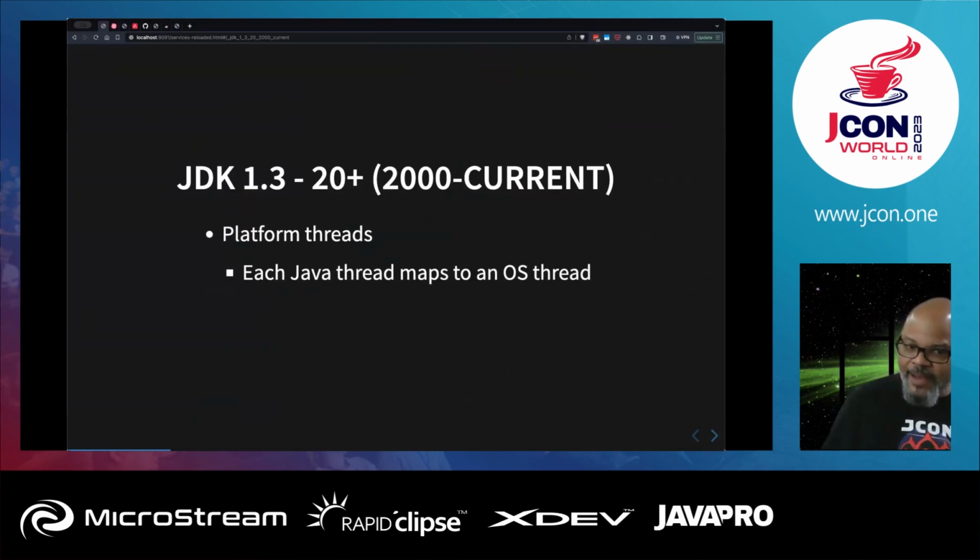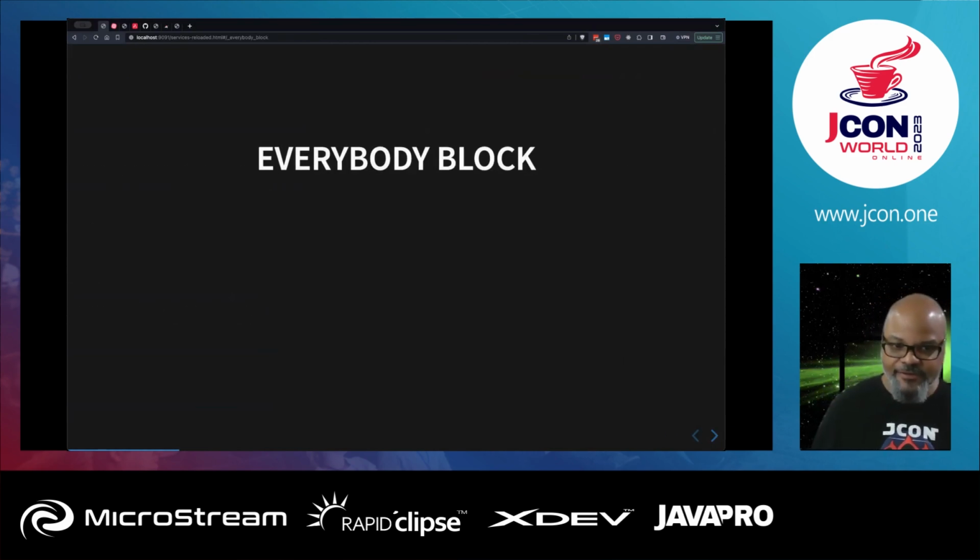So each Java thread maps directly to an OS thread. There's one-to-one scheduling. It's very straightforward. And any blocking that happens with your thread usually happens at the OS level, right? So basically what happened when we started building applications, building server-side applications, because you have to remember the early days